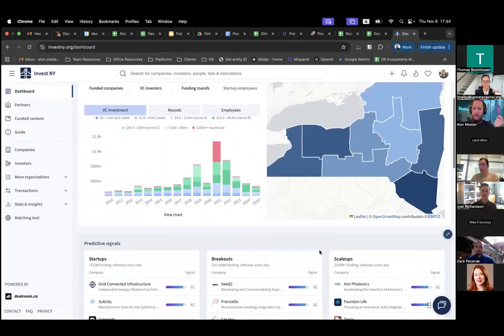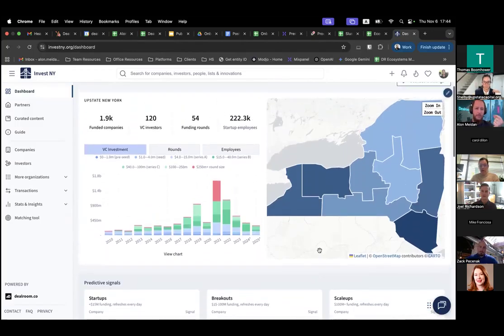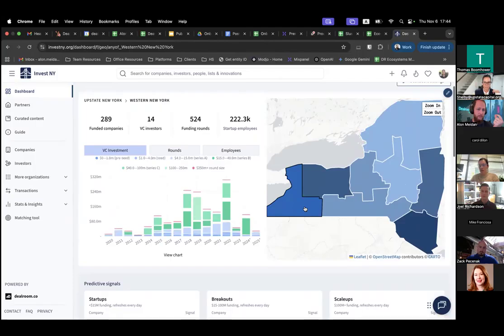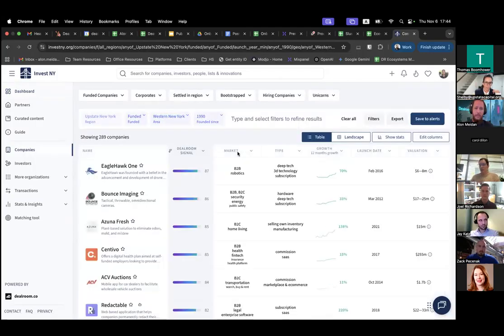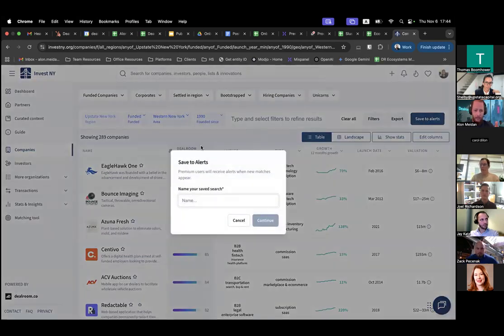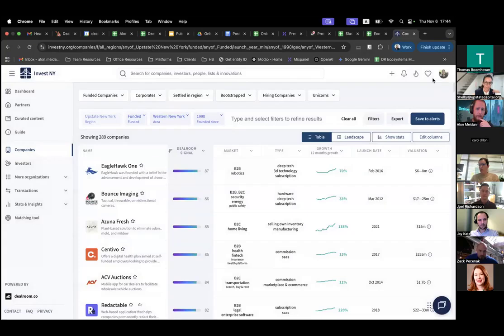And then, yeah, if we're looking at a specific region, that would be the best thing. Just click your region and then click the data point you would like to see, and that will take you to that page. And what you can also do then is just save it and call it, in our case, West New York companies. And then if there's a new company that pops up, then you'll be able to see it through your activity center.